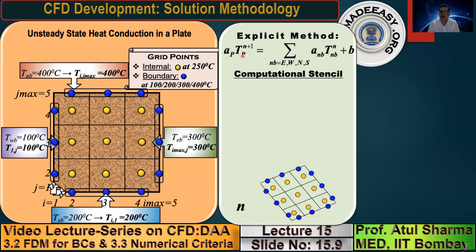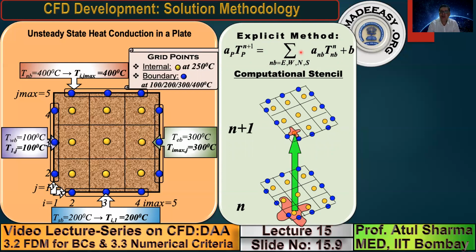This is an equation where the temperature at point P at n plus 1 is a function of the east, west, north, south neighbors. So this NB denotes the neighboring values. I will show you the computational stencil corresponding to an explicit method. If I represent it by a sketch, for the new picture at this yellow circle, the formula that we are using in an explicit method is a function of how many values. So to calculate this, the formula for an explicit method is such.